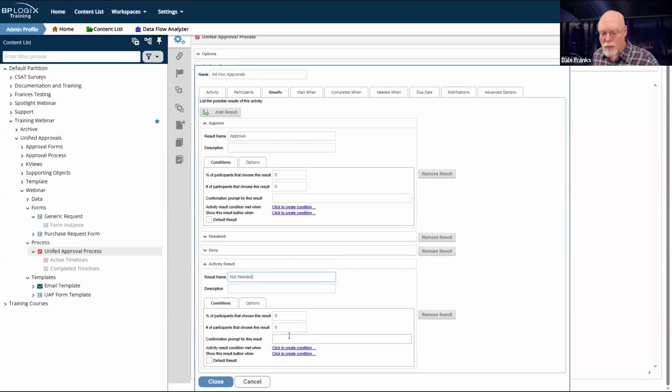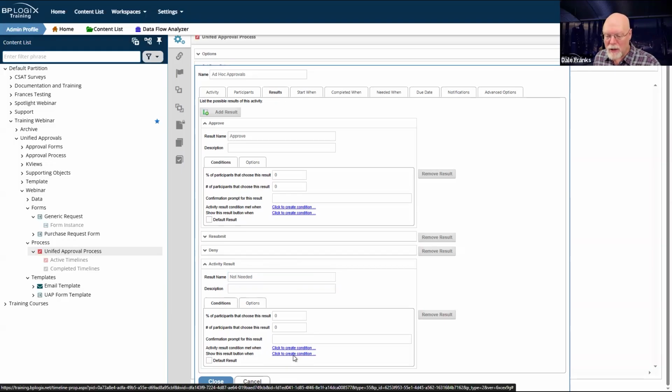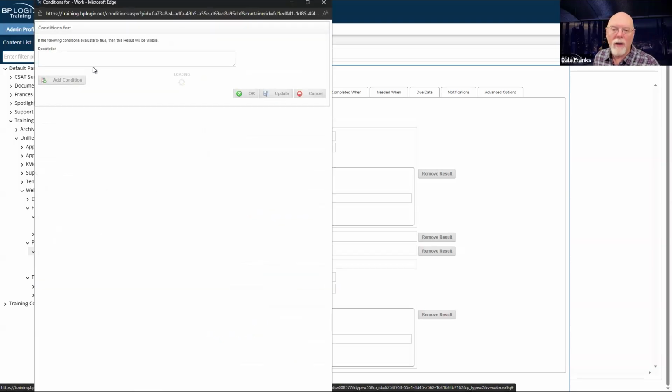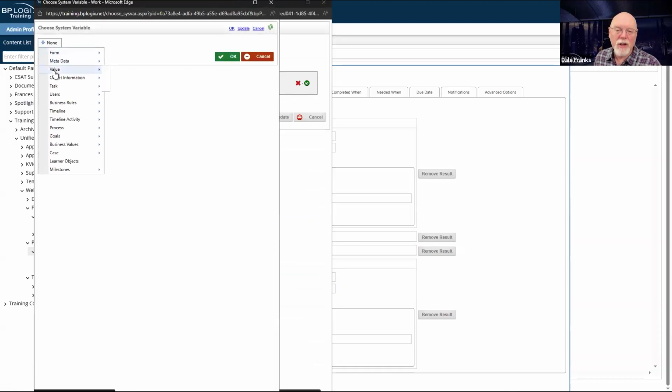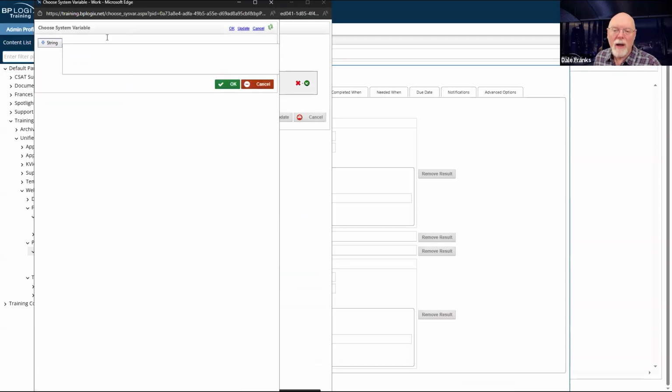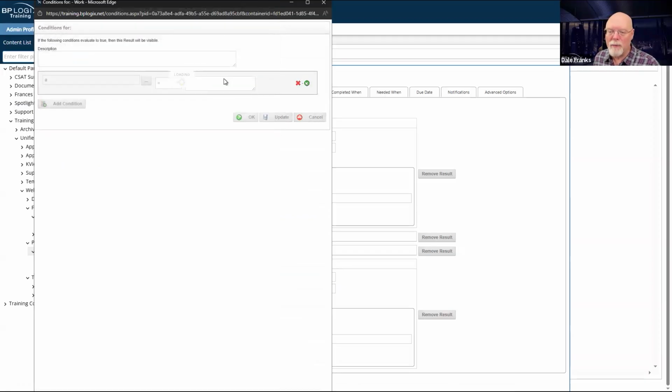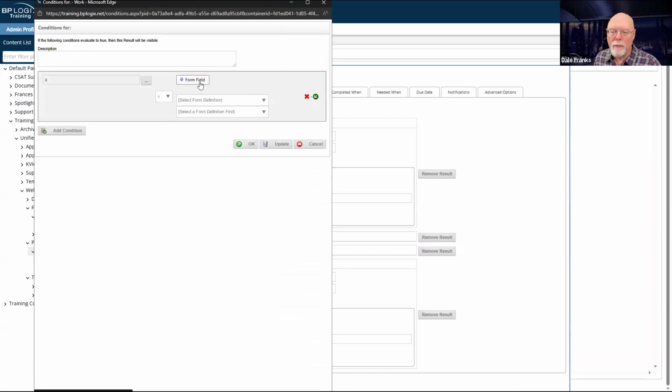Now, I don't want this result button to show. So I'm just never going to show it. We're just going to set a value, and we'll set A equals B. Now, I know that will never be true.